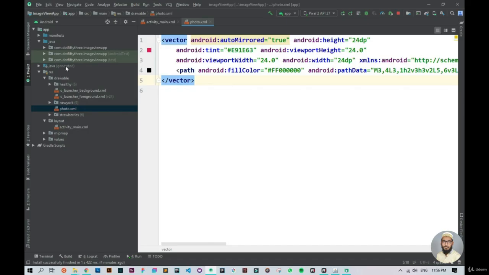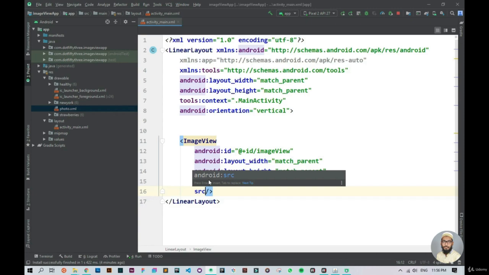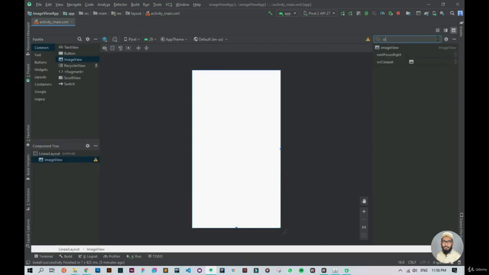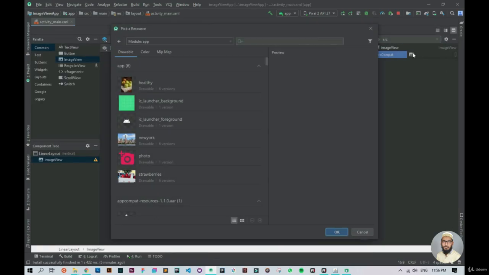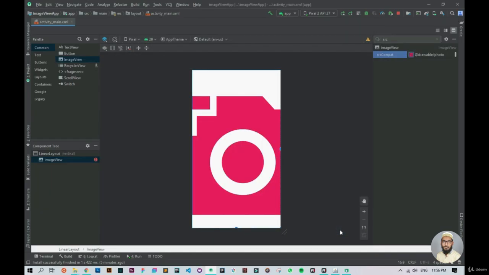Okay, so let's open the activity main, and now inside this image view, instead of this source, let's type in srcCompat. Okay, so let's remove it from here, go to the design, search for srcCompat, and now from here let's choose this photo icon and press OK. And now as you can see, my photo icon is added to the image view,